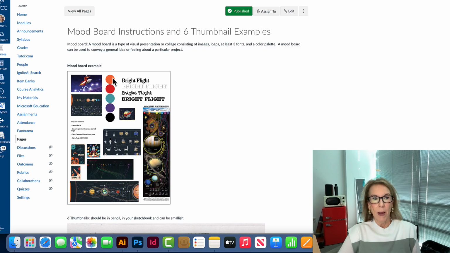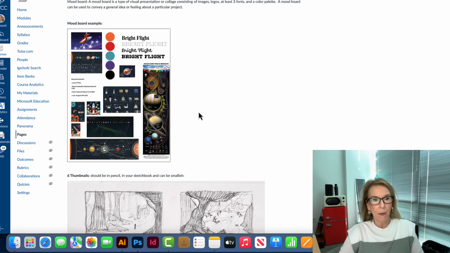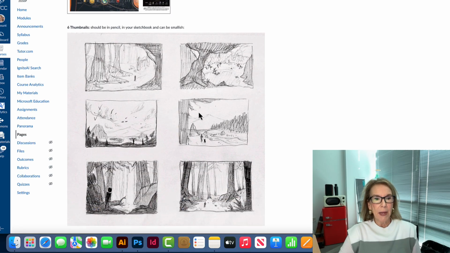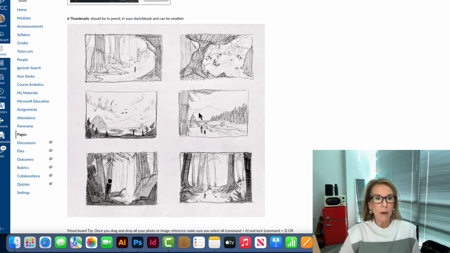You should have a color palette, some imagery reference or inspiration. Once you do your mood board, you do not have to stick to this palette or these fonts that you chose, but this should be something that gets you going, because staring at a blank piece of paper or a blank artboard within Illustrator or Photoshop sometimes is a little intimidating.